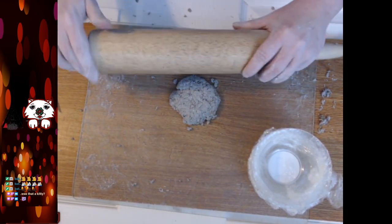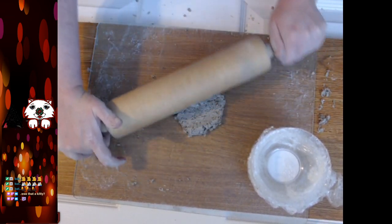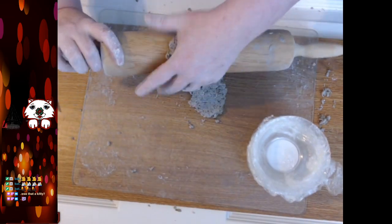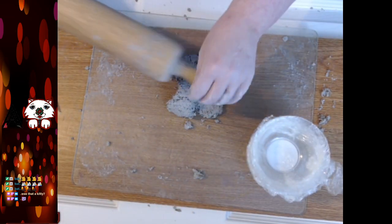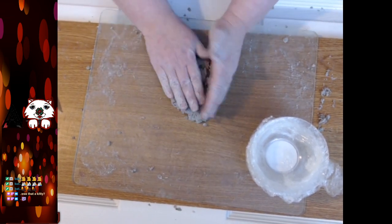Trying to see if I had anything out real fast other than these dishes. I do have bigger dishes that we have in the past made. Actually, they're not bad, but